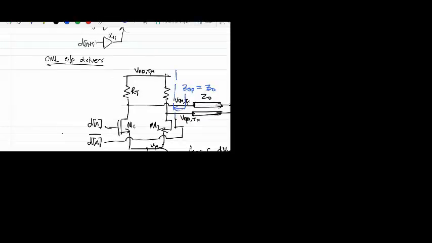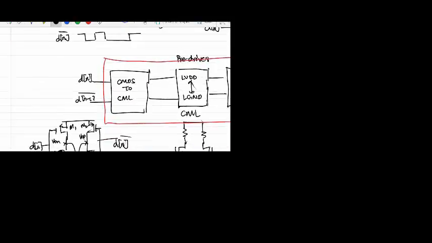If M1 and M2 both are working with a certain overdrive, let's call it VOB, carrying a current I0 by 2, and you switch the voltage on both M1 and M2, then when the current is switching from one to the other, the Vx node potential will see a change, because these transistors are not behaving in a linear fashion.